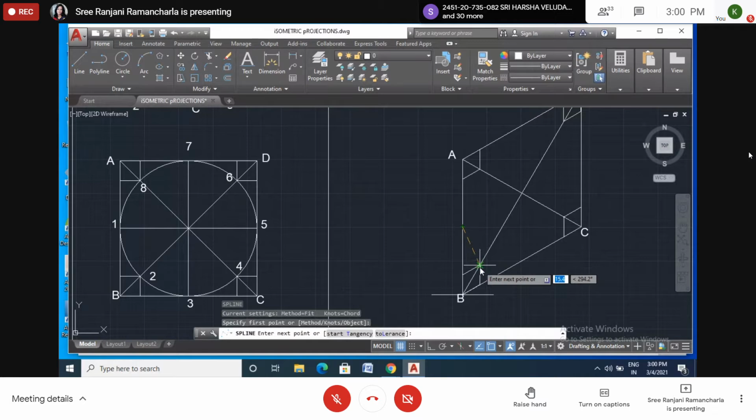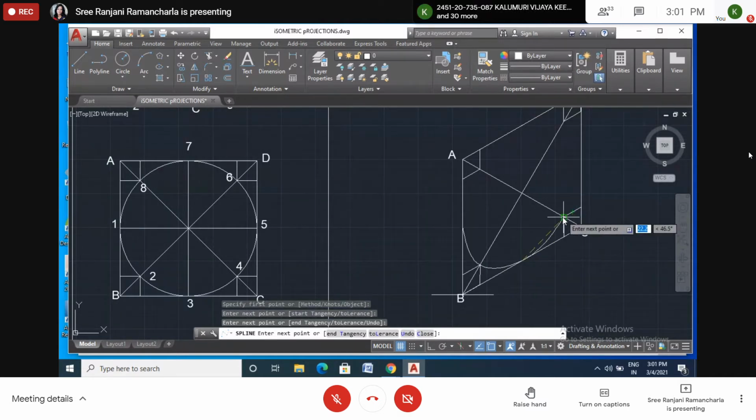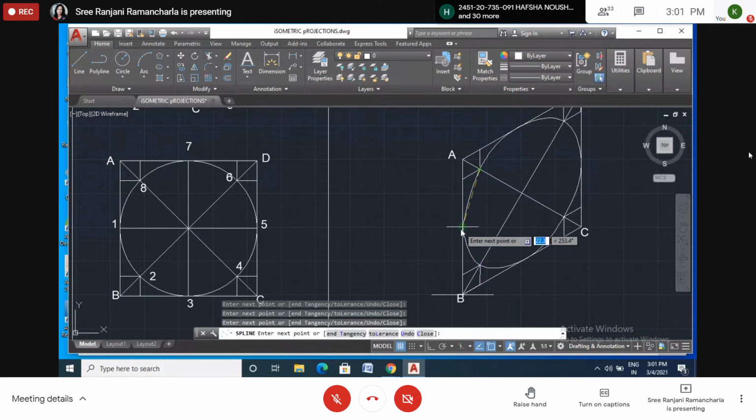Now going to 2. Now 3. See here, 3. Now 4. Now here is 5, 6, 7, 8, 9. So we have to draw the freehand drawing, this part.